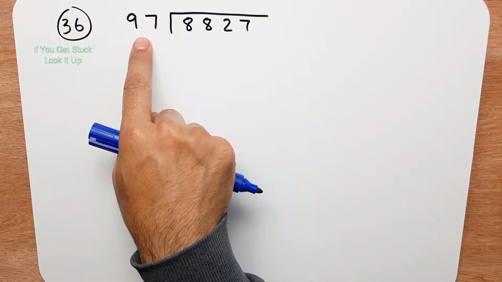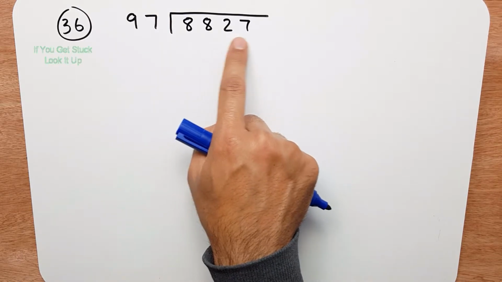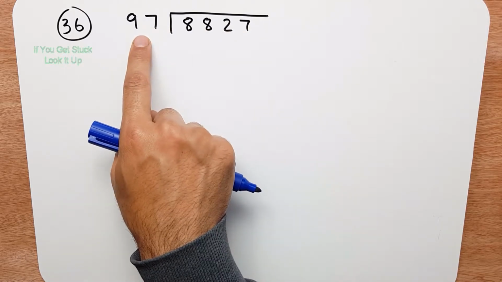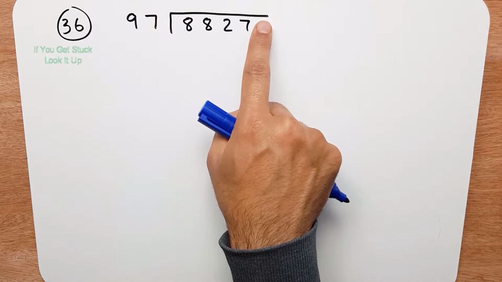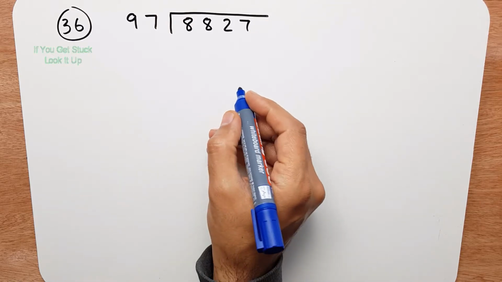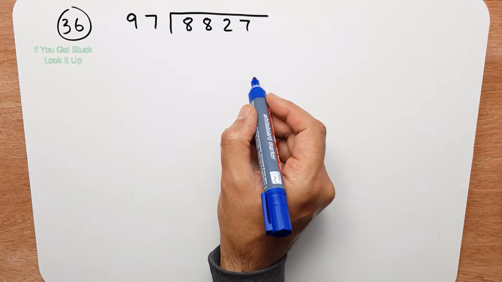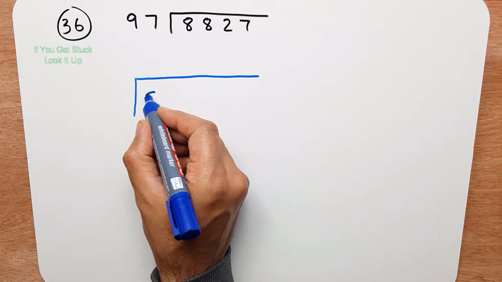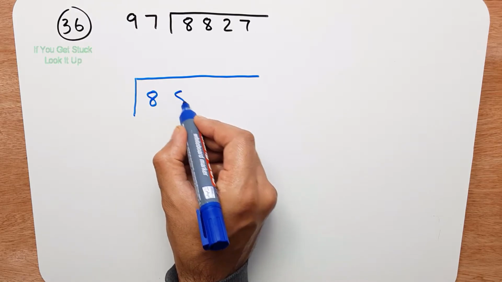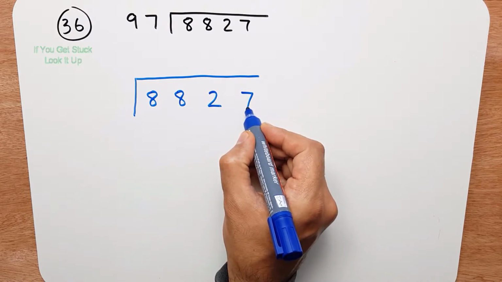In question 36, we're given 8,827 divided by 97, and they've already done it in the bus shelter form. So what we're going to do is write this out again, but space it out a little bit. So we have 8, 8, 2, 7. So that's